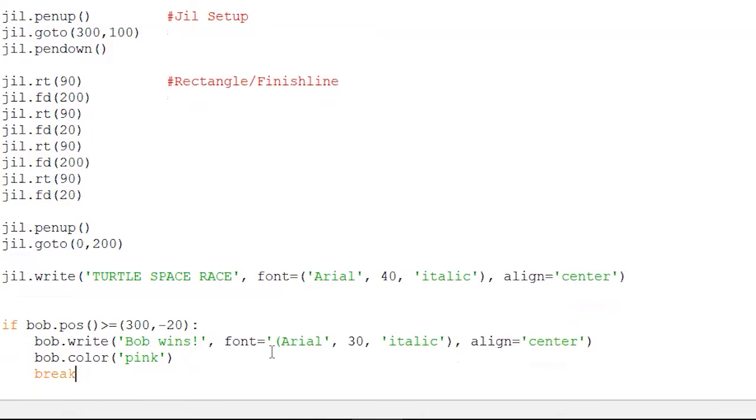After we write break, we're going to go ahead and press enter, and then we're going to write elif. This stands for else if, but it's elif here. So then we're going to say elif Ted position. So now we're saying if Bob's position, do this. If Ted's position, do this. So let's see. If Ted's position is greater than or equal to 320,